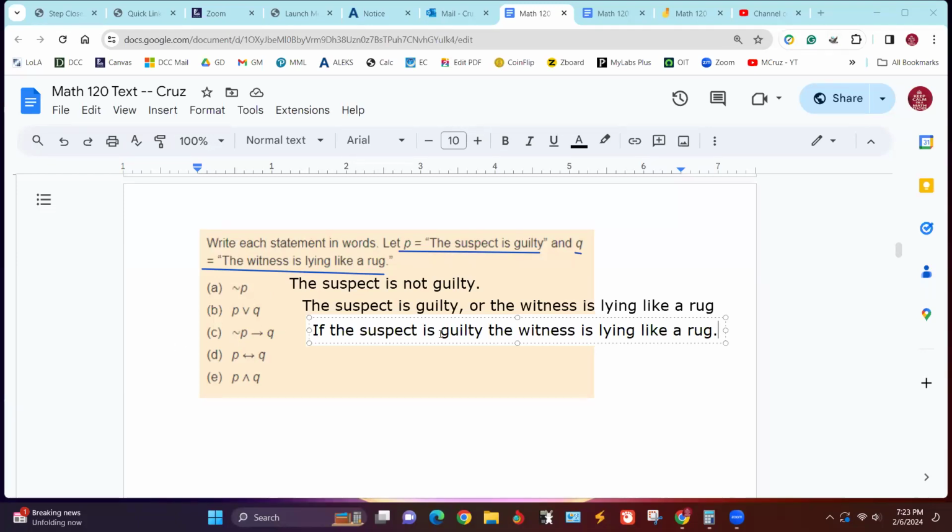So here's your P right here: the suspect is guilty. Oh, it's not guilty. There we go. I knew I was missing something.